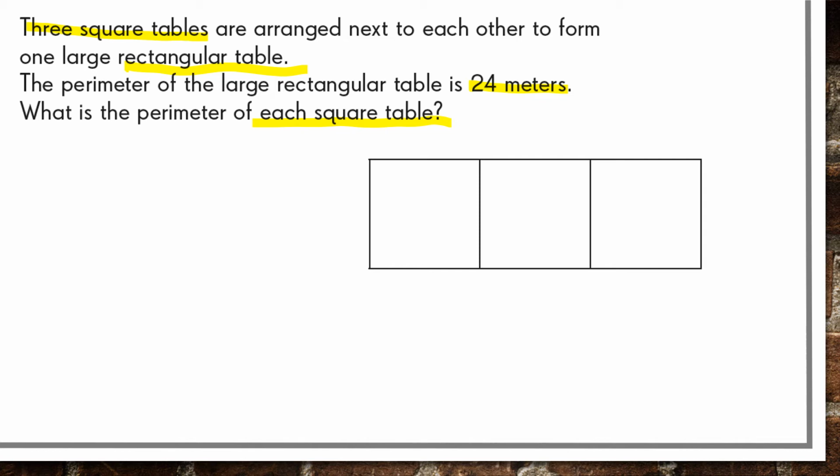So we have to think about if they're separate. So there's 3 square tables. They're put together to make a large rectangular table. All together, the rectangular table is 24 meters. But we have to think of something. When I take this square table apart, this length on all 4 sides, because it's square, has to be the same. So what can I put? I technically have,